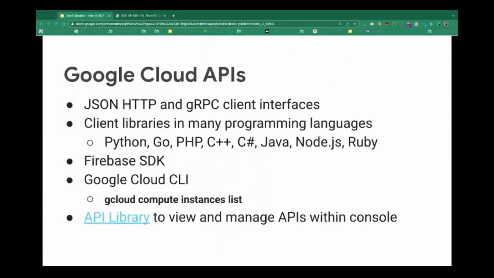BigQuery would be something like bq something something something on the command line. Things like our network, for example, might be gcloud network something something something. But if you look at the documentation here,